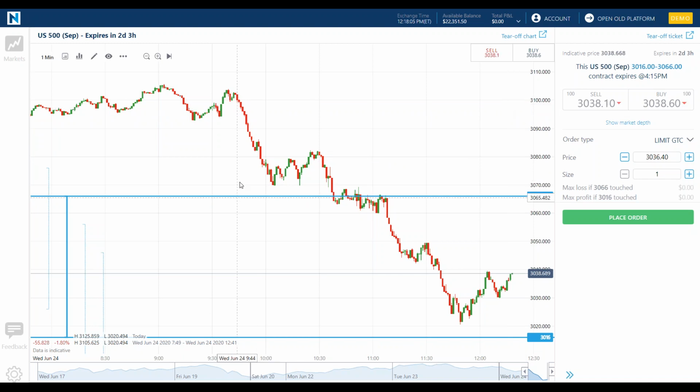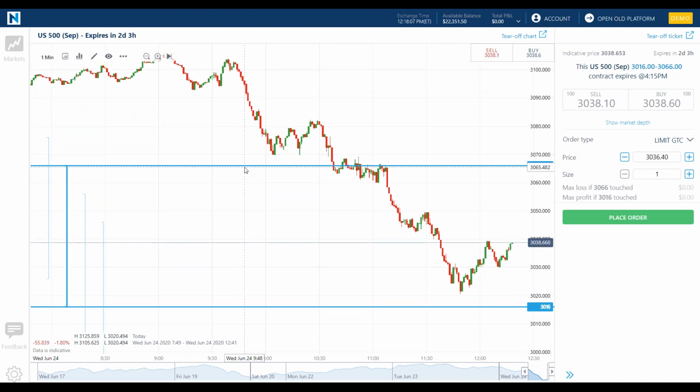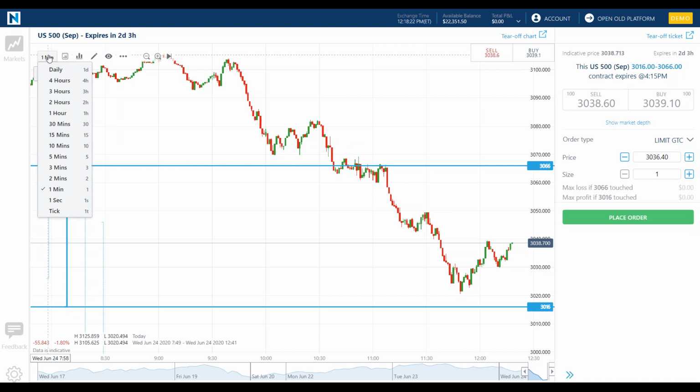Now, what am I looking at when I look at knockouts? I'm looking at a chart here, and this is just the last day. You can set your parameters in the upper left hand corner, and you can set how long. I've got a 1 minute chart just so we can follow along with these different candles.